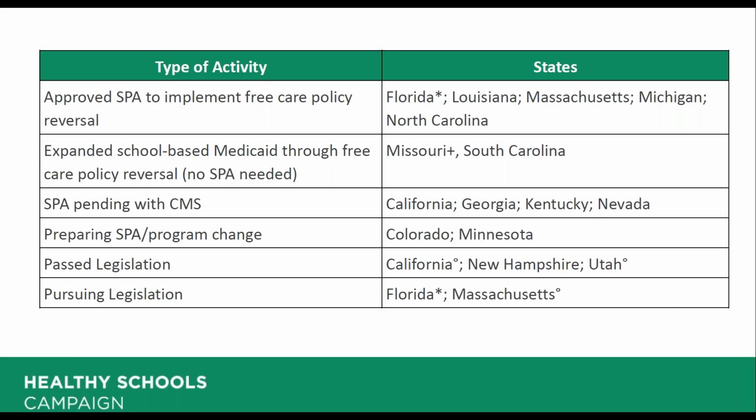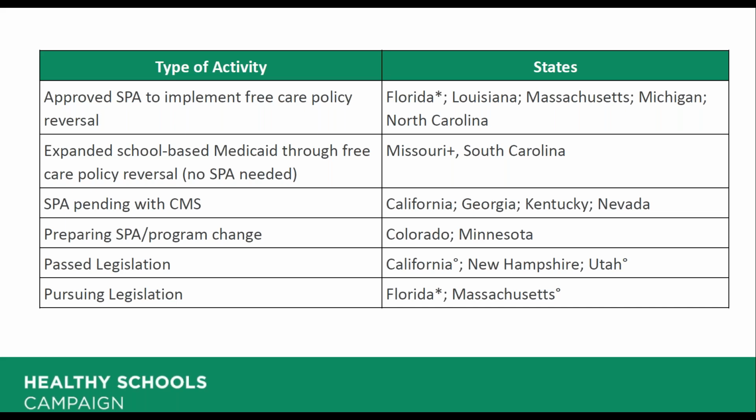Missouri and South Carolina have also implemented this. South Carolina did it on the earlier end as well. These states did not need to change their Medicaid state plan. The majority of states do need to submit state plan amendments to implement this change, but there are a handful that do not. South Carolina and Missouri were in that category. South Carolina in particular has been implementing, I believe, for the last 2 or 3 years, and has been billing specifically for eligible physical health services delivered to Medicaid enrolled students.